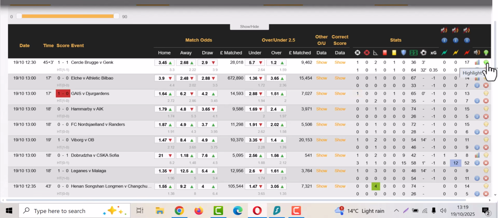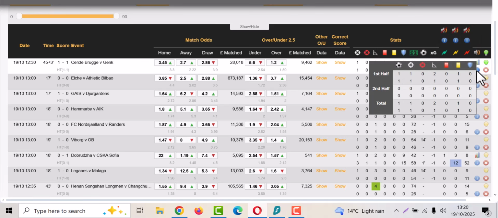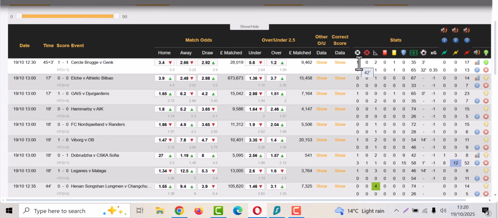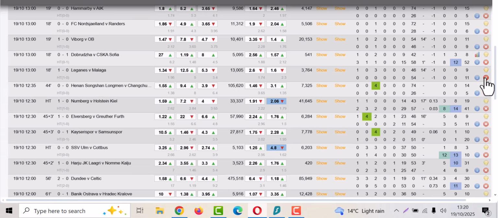If you highlight a game, it goes to the top of the list and you hear audio alerts for when there's a shot on target, when there's a goal, half-time, full-time. And if you've got these unticked, then you'll get audios for that as well. Here you've got the breakdown of the game. So you've got the first half, second half, and the total stats. In the stats itself, we get the minute of when that particular occurrence happened. And there we go. You can delete the games,